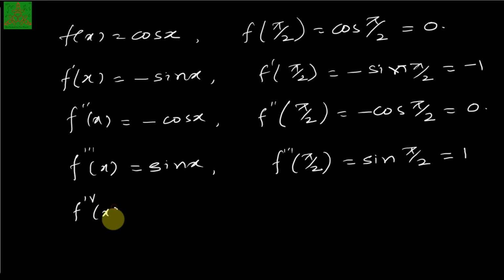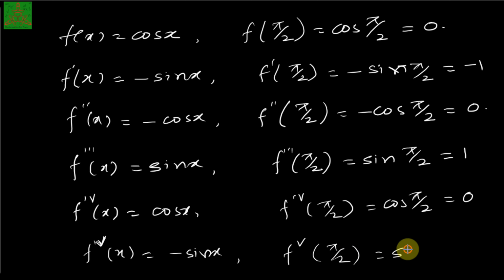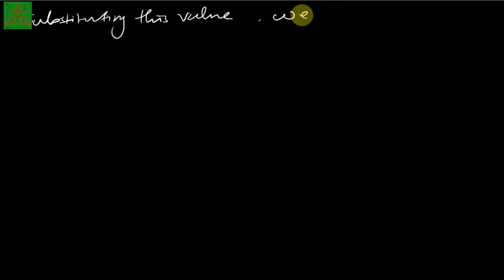Fourth derivative will be cos x, and at pi by 2 the cos pi by 2, we know, is 0. Fifth derivative will be minus sine x, so at pi by 2 it is minus sine pi by 2. So that is why this will give me minus 1. In this similar manner, we have all the derivative values, and we are substituting these values